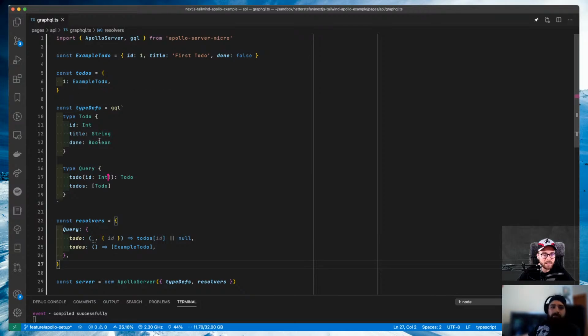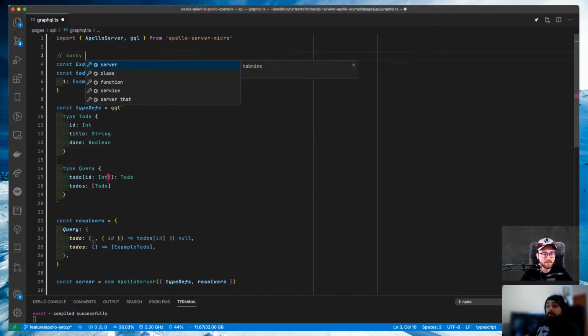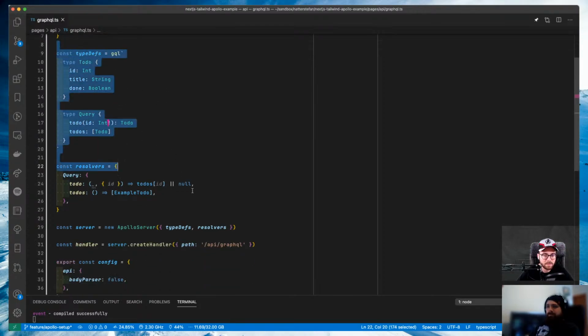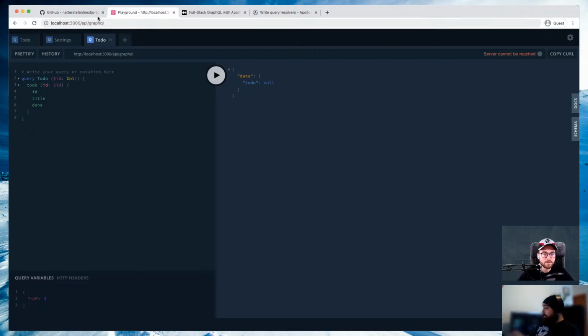So next, do you want to start working on the client now and try fetching to-dos? The first thing we could do is, this is our dummy example data, let's say this is just our example data for now. And let's create the Apollo client where we can use this simple API and fetch the list of to-dos, so we can go to our front end